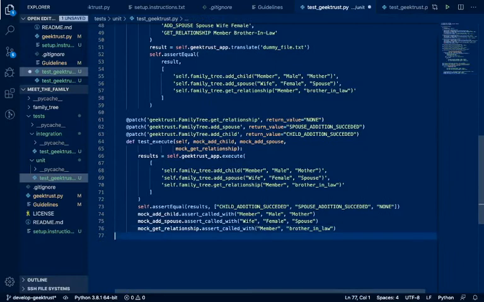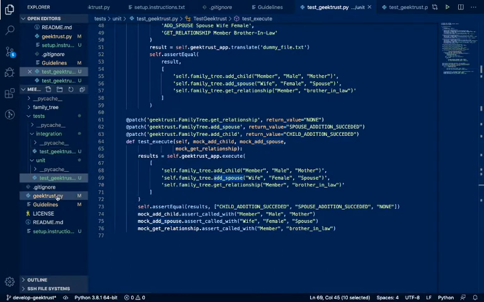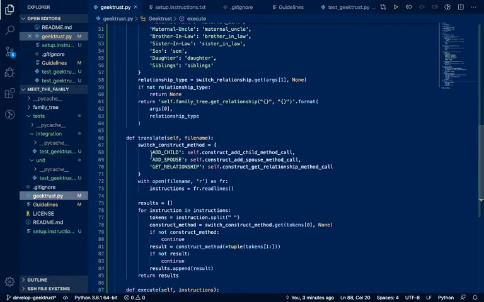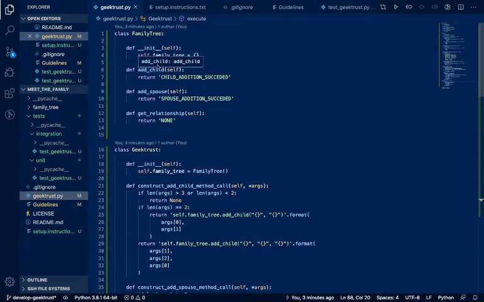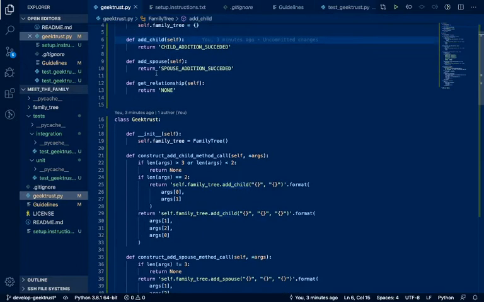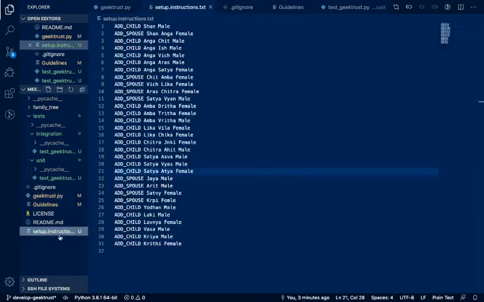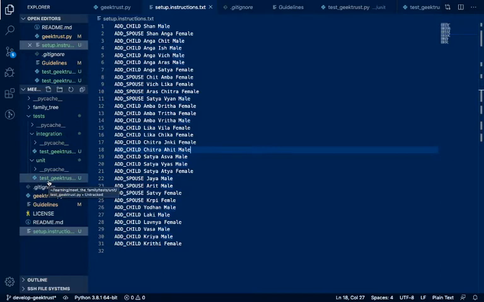So we know that each method is called properly in the unit test, and in the integration test we will actually expect the results. But as you can see, in our integration test, we don't have a proper family tree, right? So our integration test is going to actually first translate this and then test the execution function. So that we are going to do after we merge this with the whole